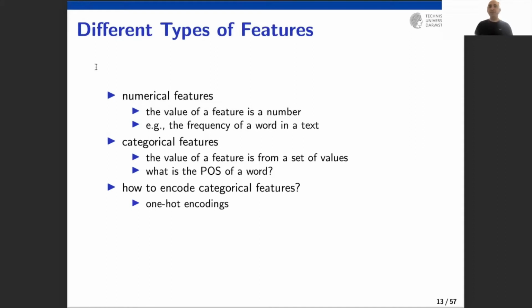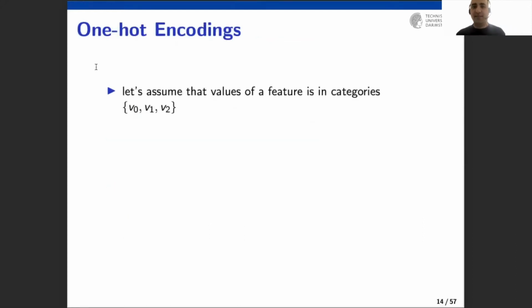There are two solutions to map categorical features to numbers. The first one is one-hot encodings, and the second one is dense embeddings. Let's go to one-hot encodings. Let's assume that values of a feature are in categories V0,